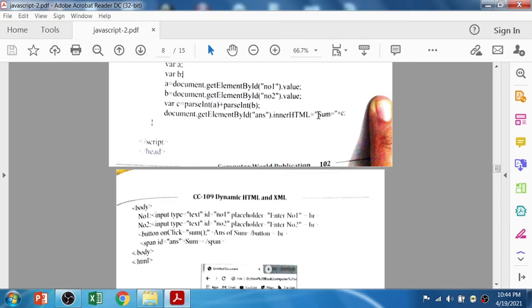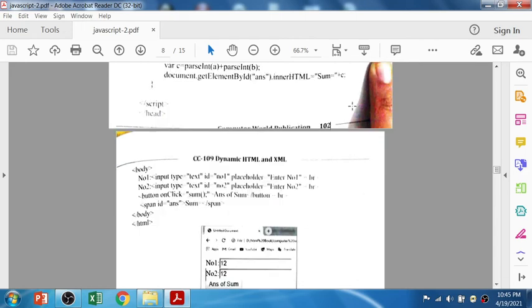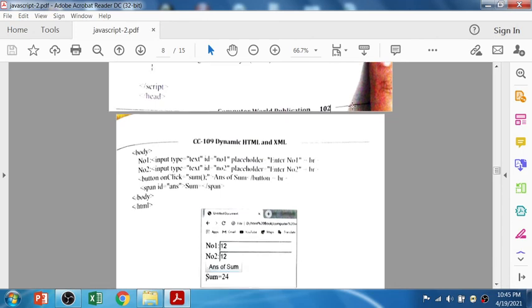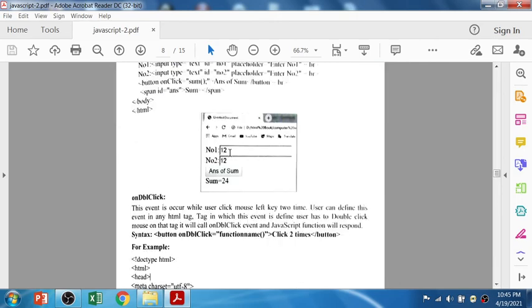So the sum in double quotes plus c as the result. Right, so this is the output. Let's say the user enters the values, let's say 12 and 12. When the user clicks on this button, it will display the result.